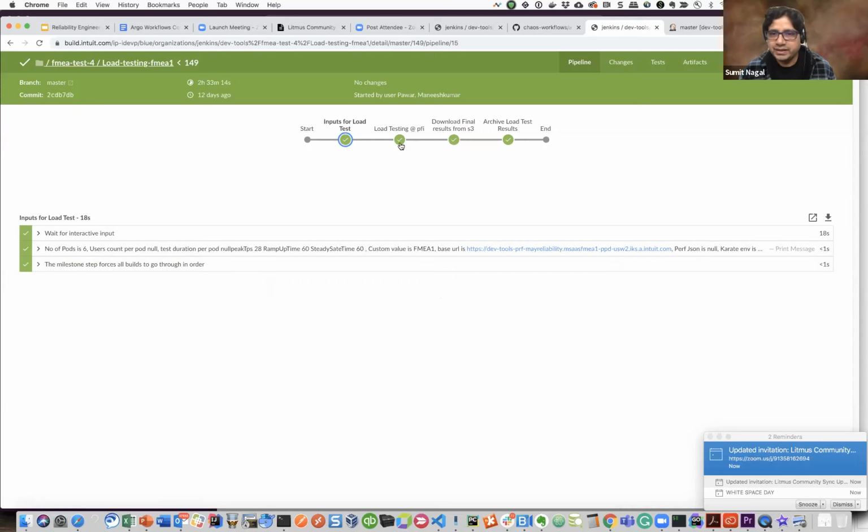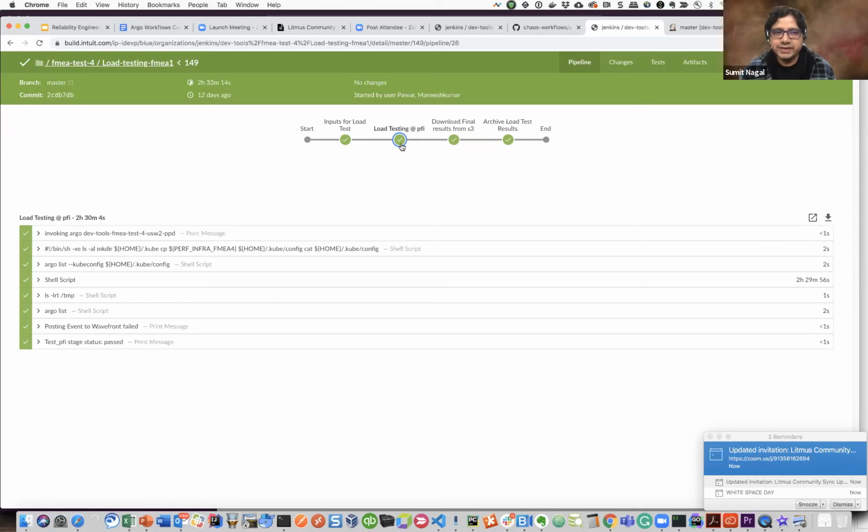And then we run the load test. Once we run the load test, we push the artifact to S3. And this is important because one of the biggest challenges is that every pod will generate a specific report.